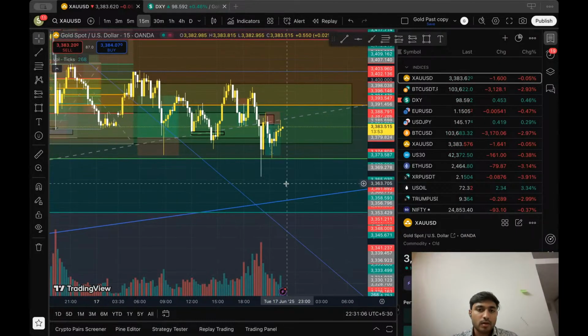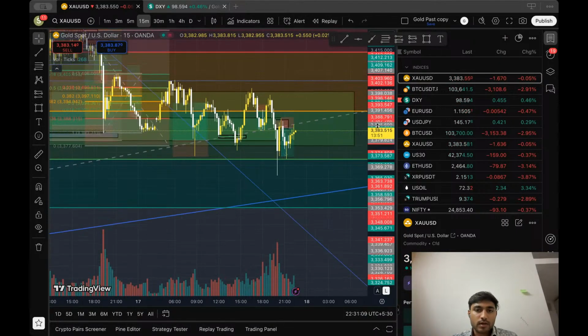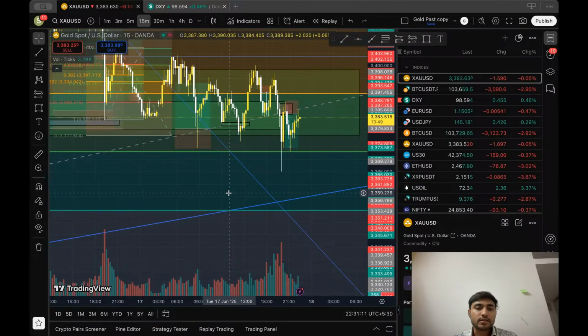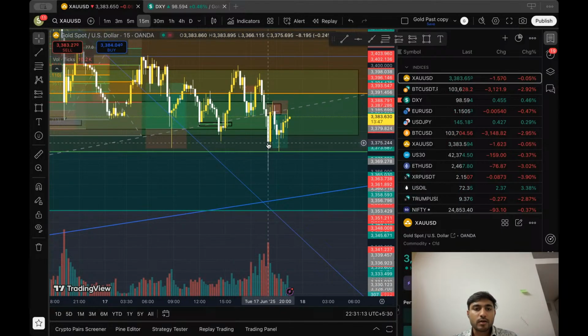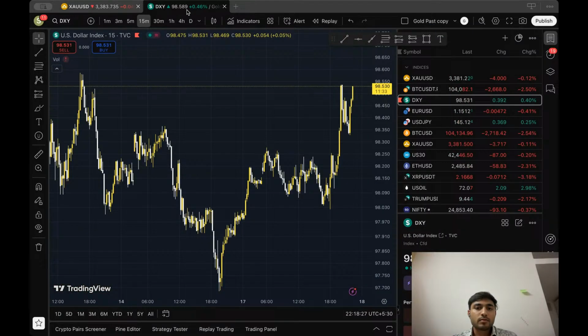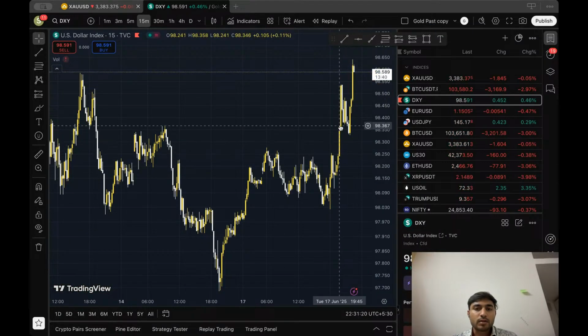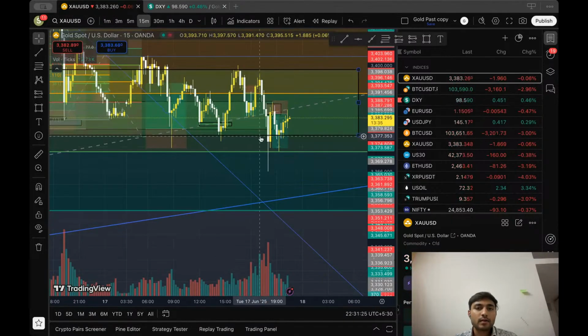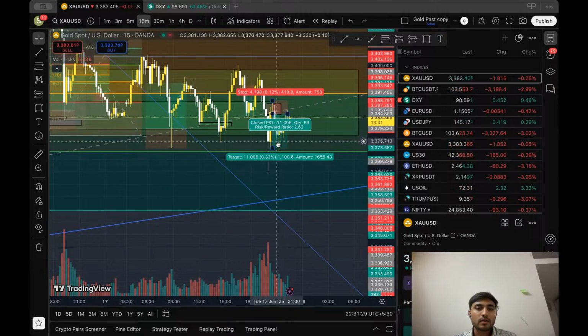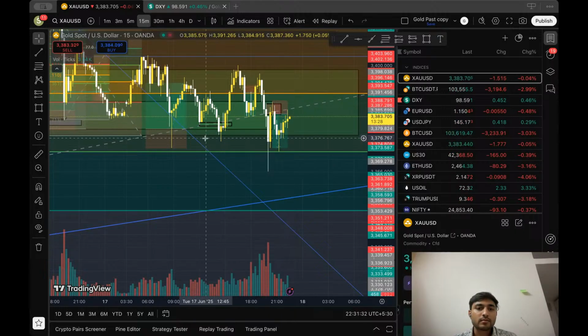See, there's that correlation that always exists. We had a good upward candle. This candle we had in the DXY. That is why we have this much bigger candle in gold. But it did not close below this level, right? If it closed below this level, we have a double change of character, but change of character happened over here.